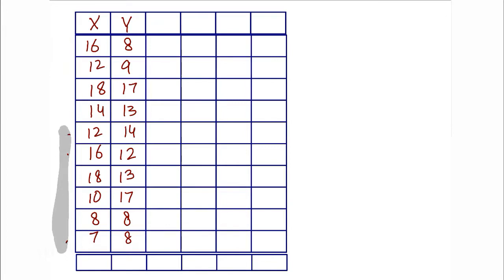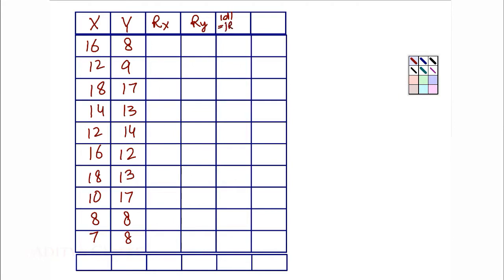Now let us go ahead and award them ranks. So we get Rx and Ry, then the modulus of difference. Difference is actually modulus itself. In any case, let us write it down as modulus of Rx minus Ry, and then this one would become d square. For now, let us award them ranks. First, we go ahead with